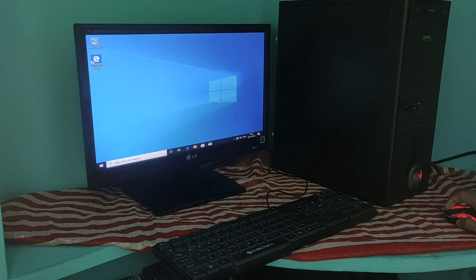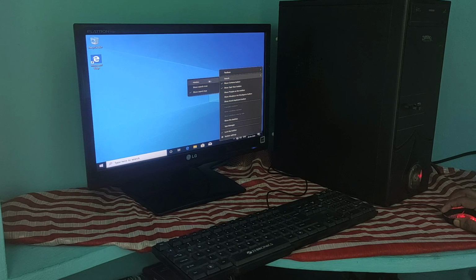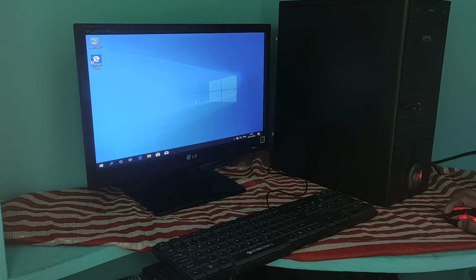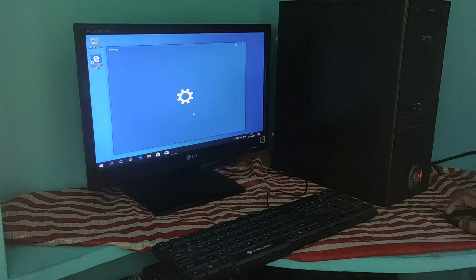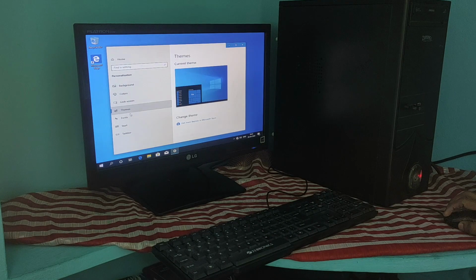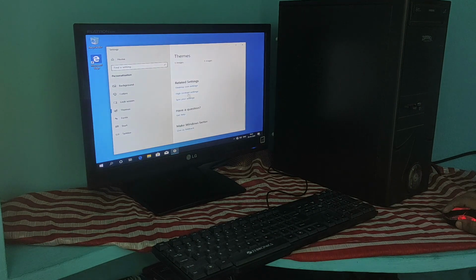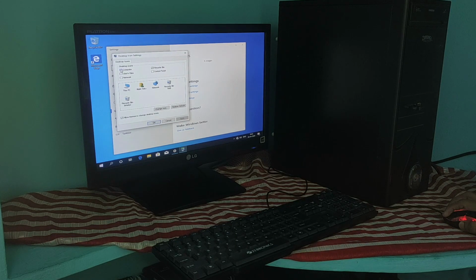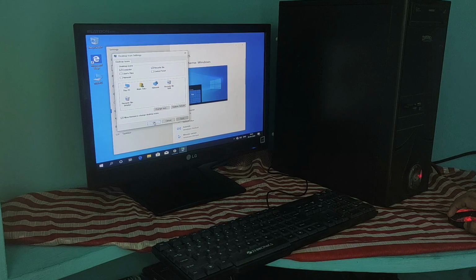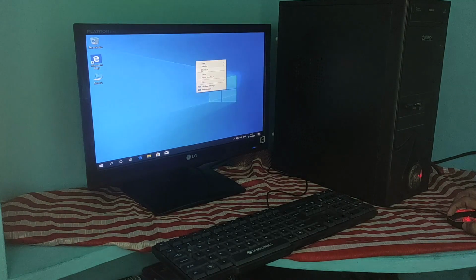So now the first thing that I do in all my Windows installations is reduce the size of the search bar. So right click on the taskbar, go into search and select search icon. So it will bring a lot of space in the taskbar for you to work. Next thing I will do is bring back the my computer icon. Right click and select personalize, and then go ahead and select themes on the left hand side, scroll down to the last and select desktop icon settings, turn on computer, hit apply and OK. So now as you can see, we have this PC icon on our desktop screen.